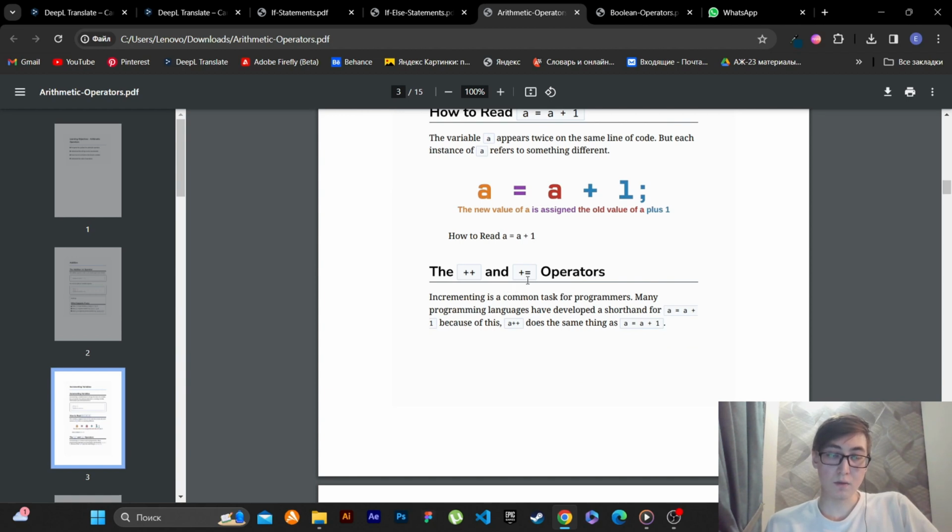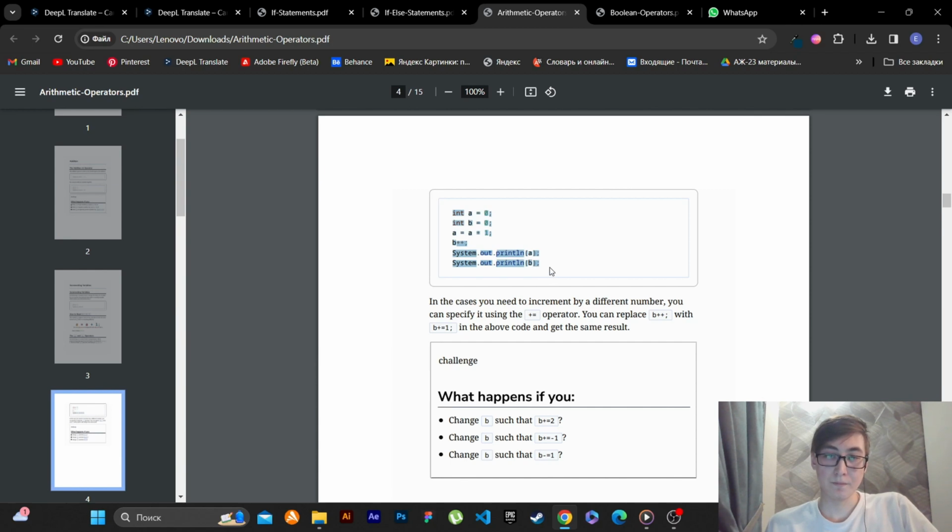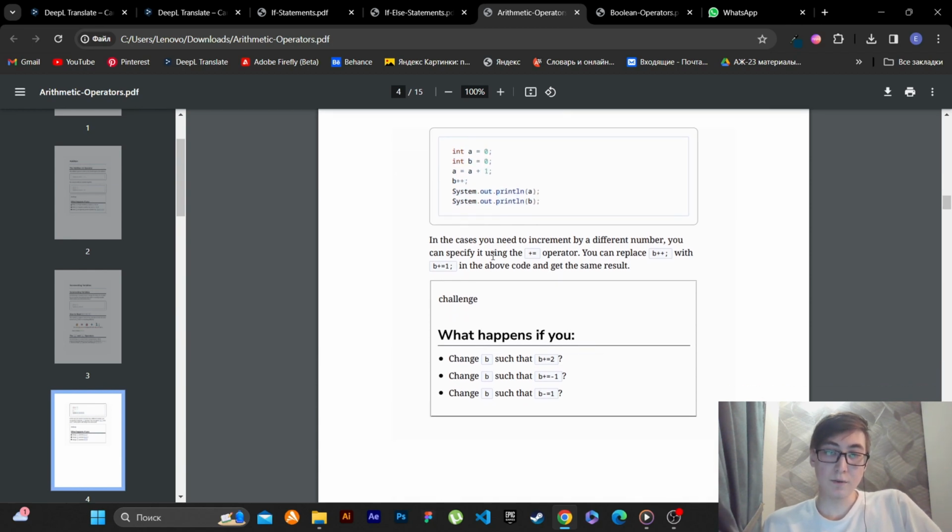The plus plus and plus equal operators. Incrementing is a common task for programmers. Many programming languages have developed a shorthand for a = a + 1. Because of this, a++ does the same thing as a = a + 1. For example, in the cases you need to increment by a different number, you can specify it using the plus equal operator. You can replace b++ with b += 1 in the above code and get the